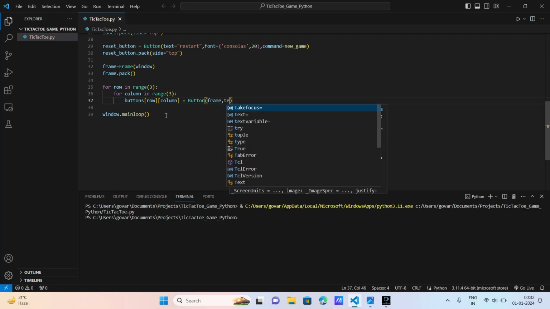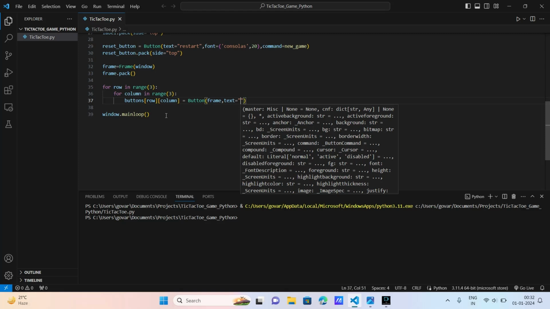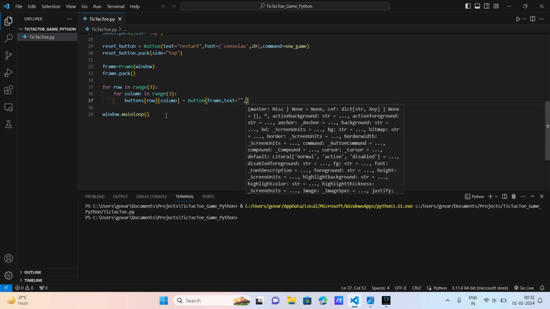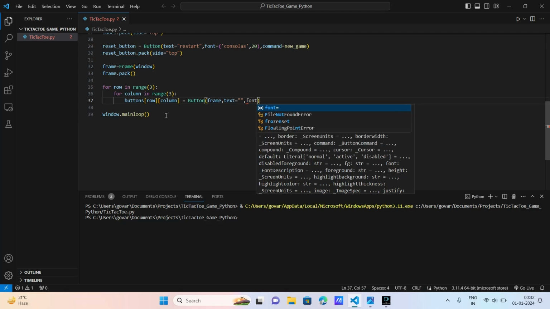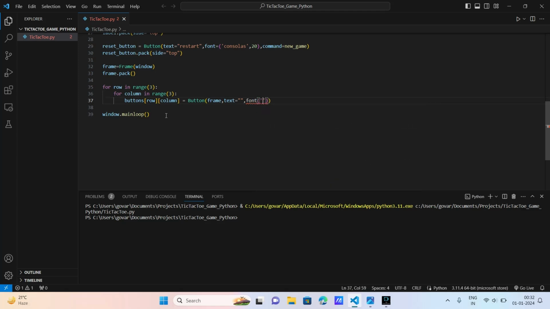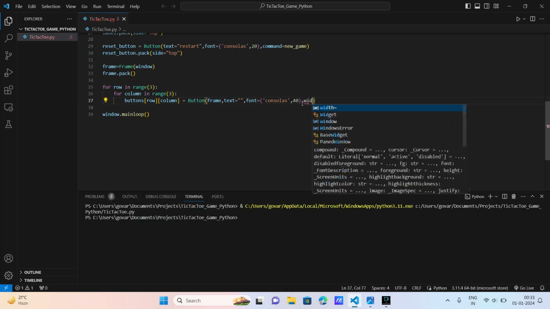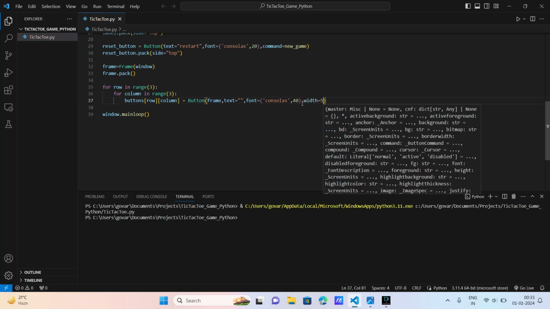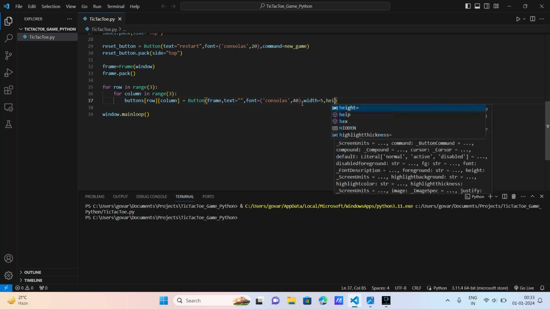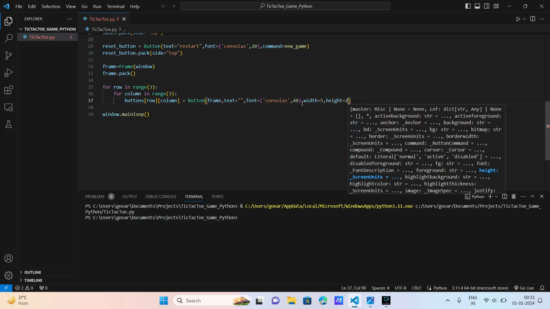comma text is equal to, currently it is empty, guys, and I'm giving font here, font as the same thing that I used at last. So I'm giving the font size as 40, I forgot, size is equal to once again. Next I'm going to give width for this button is equal to 5 and height is equal to 2,